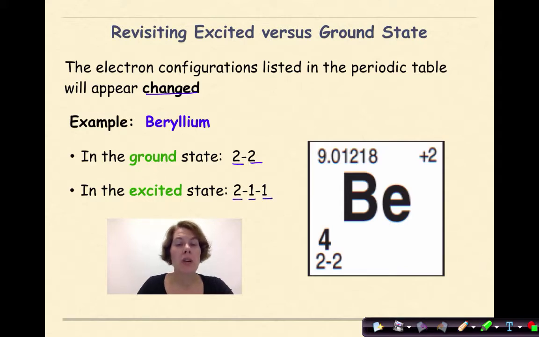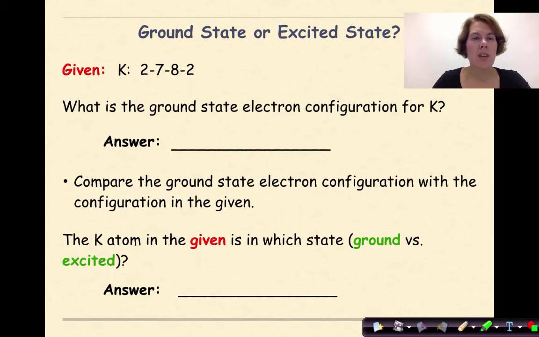This means an electron from the second shell has jumped up to the third shell. This is an excited state because it does not match the ground state electron configuration. Now this is a very unstable state. Ultimately, these electrons will return to ground state. Let's look at a given. We have potassium with an electron configuration of